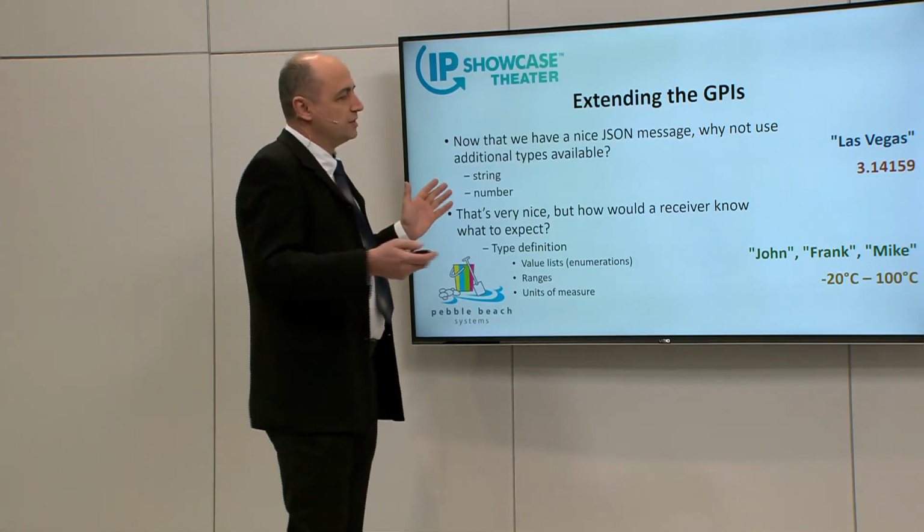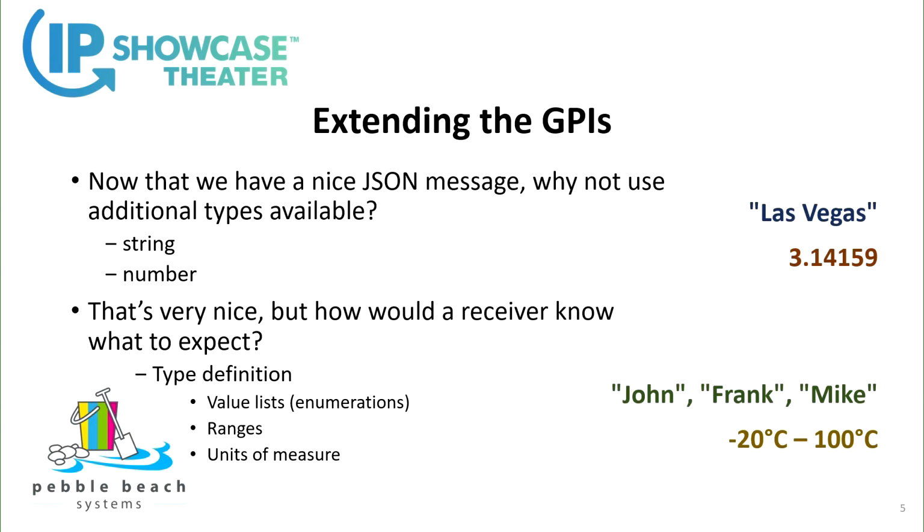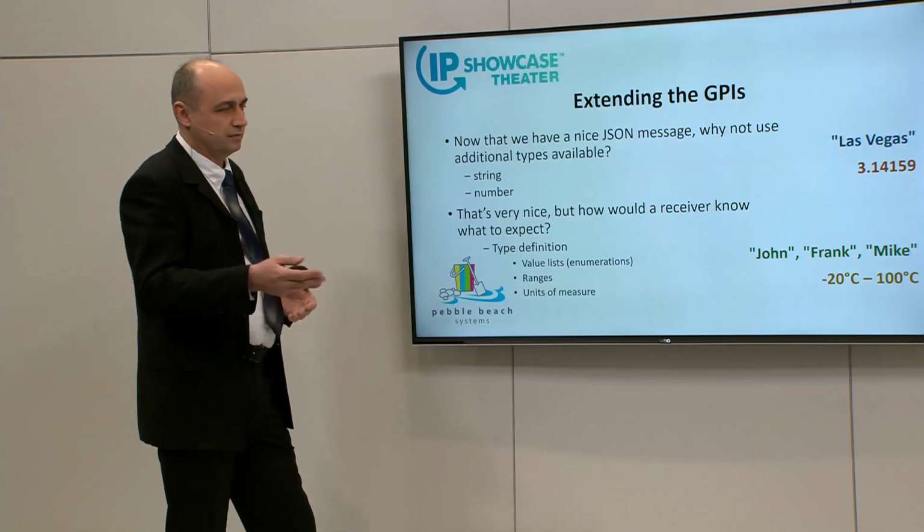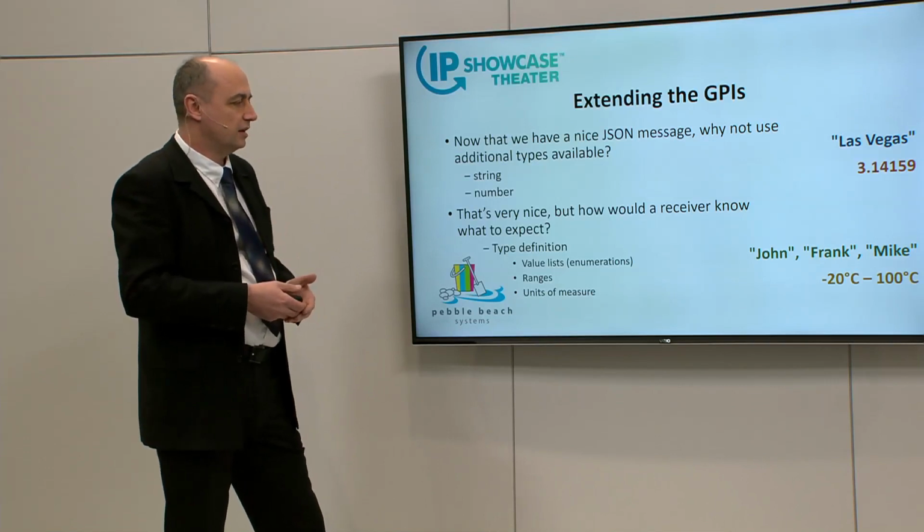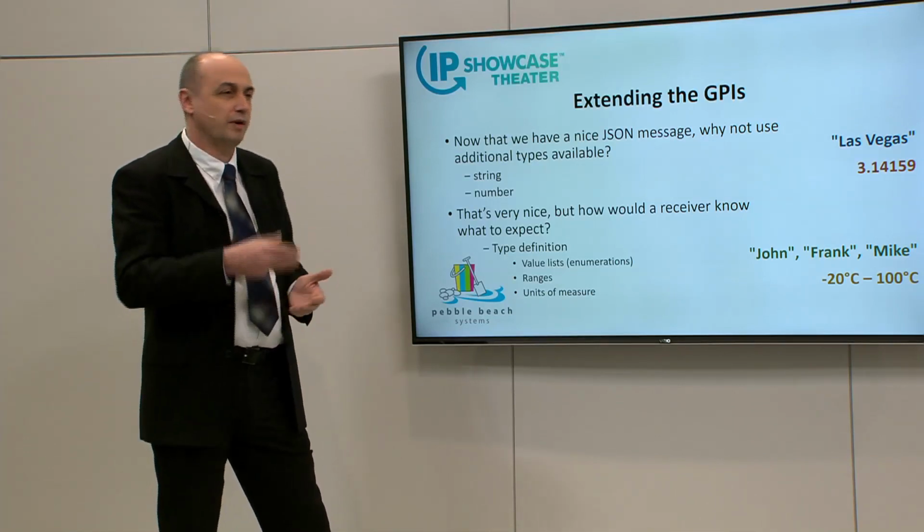But if you would just receive a number, let's say 50, what does 50 mean? It could mean various things. So there is another layer in ISO 7 which adds type definition on top of those communication channels. So a sender would say that it, let's say, supports the degrees of Celsius. So when the receiving device receives that 50, it knows that it is 50 degrees Celsius, not Fahrenheit or